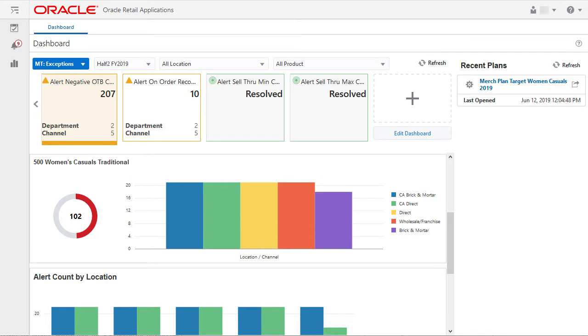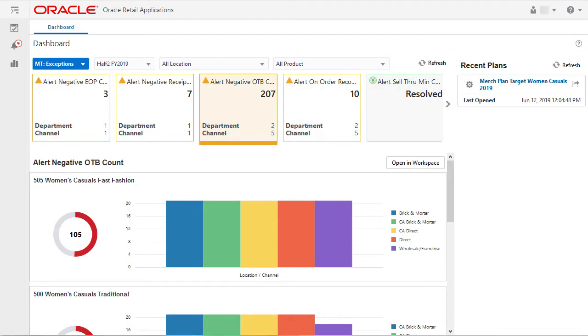The detail pane associated with the exception tile provides a more granular description of the exception locations and leverages dashboard filtering to allow me to direct a sequence in which to visit the exceptions. In this chart, I can see the exceptions and how they are distributed between the 5 channels.